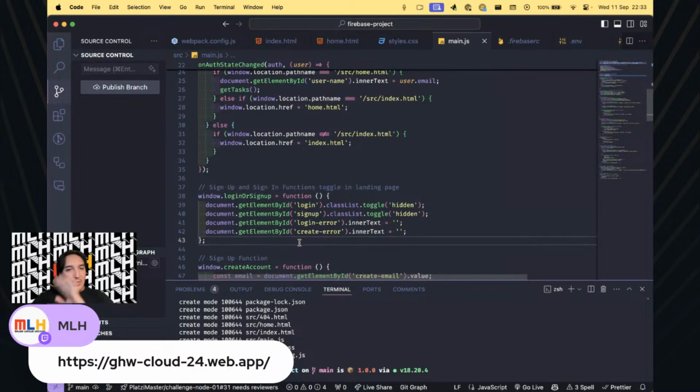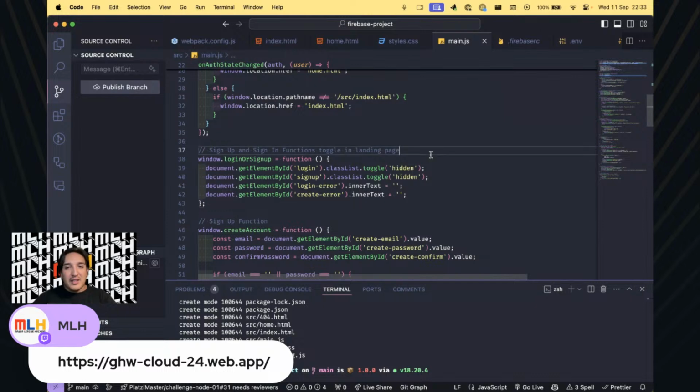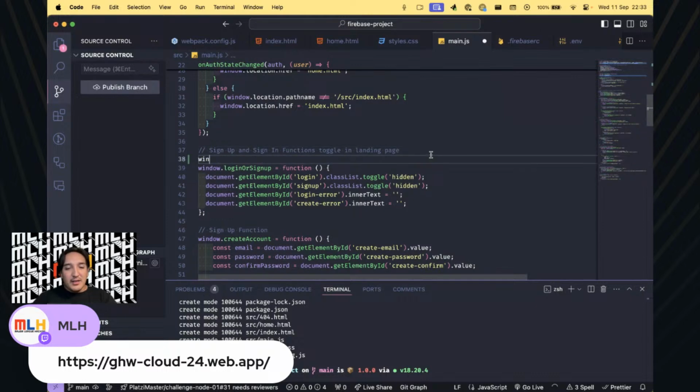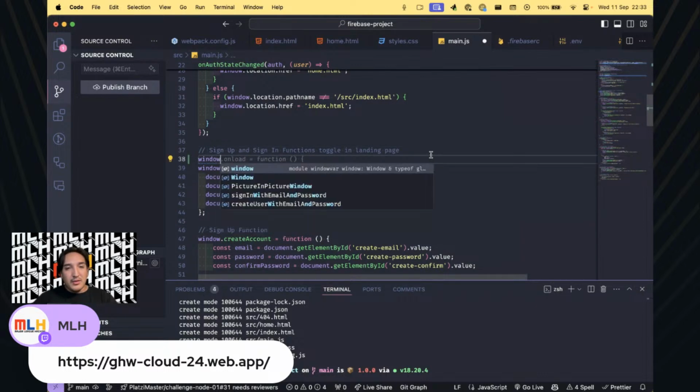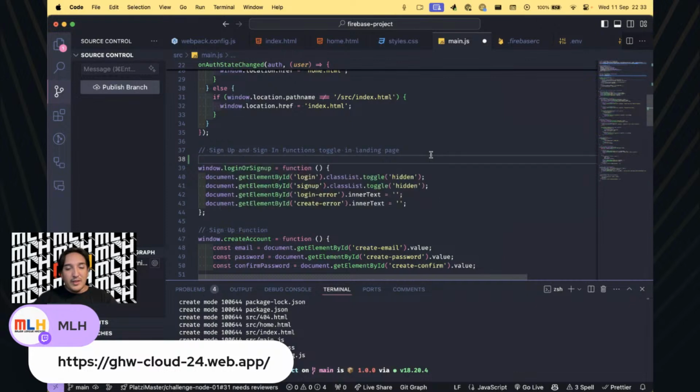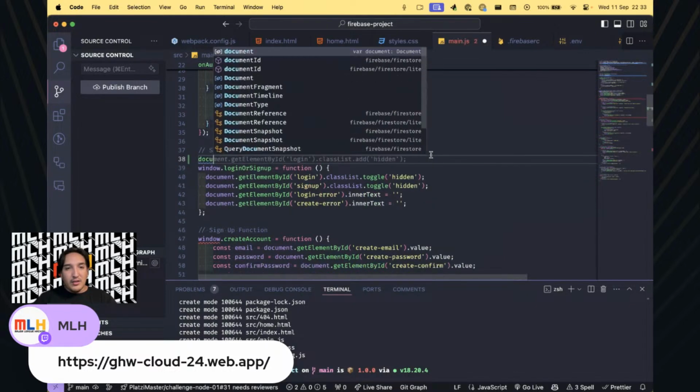I will just make that quick correction. For example, for this window, no, sorry, document get element by ID,